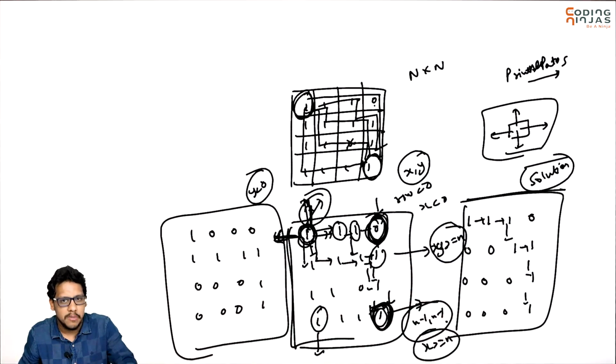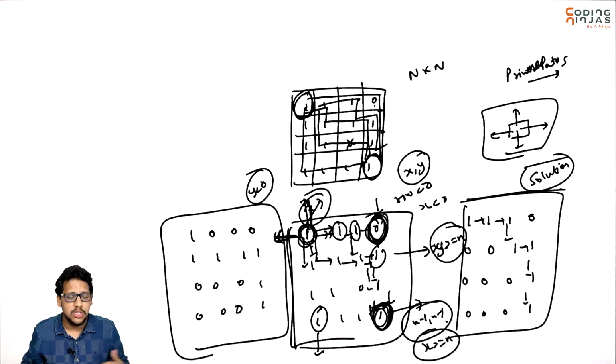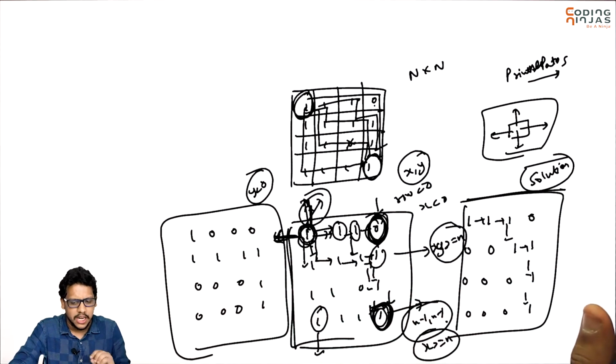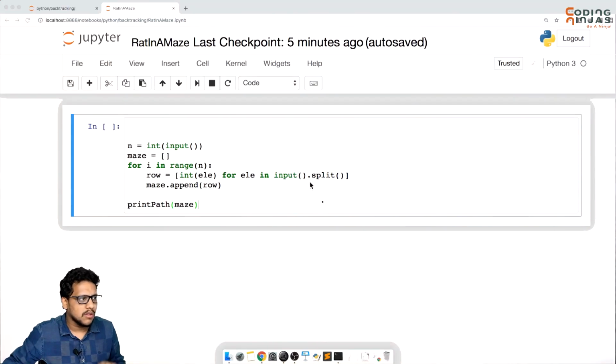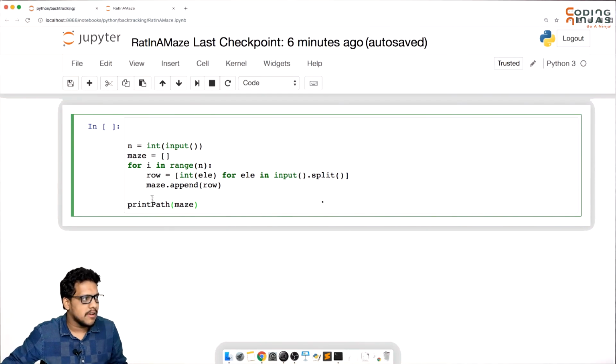Okay, so that we have a better understanding. It is not a complete solution, we have missed a few cases, we will consider them one by one. Okay, so let's try to write some code so that we have better clarity after that. So I have taken input of the maze here, that has already been done. Our main task is to print all the paths in this maze. You will be given an input, n is the size of the maze.